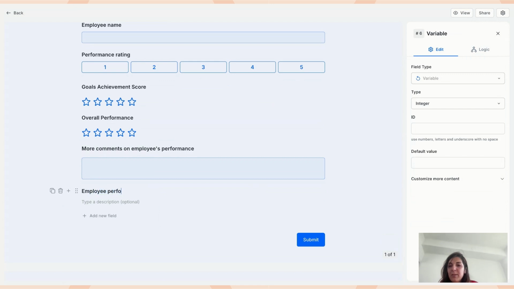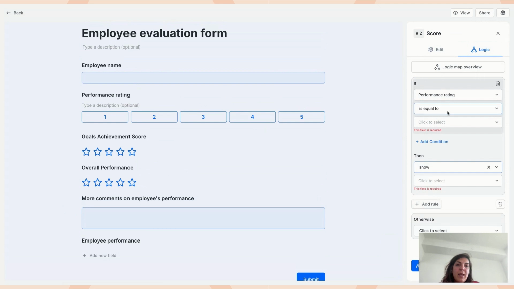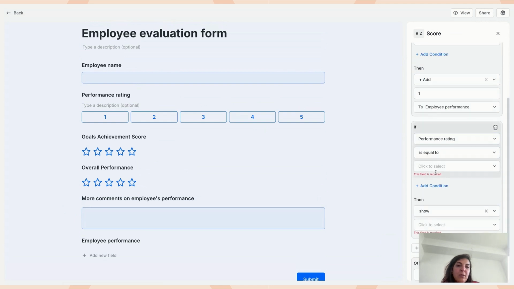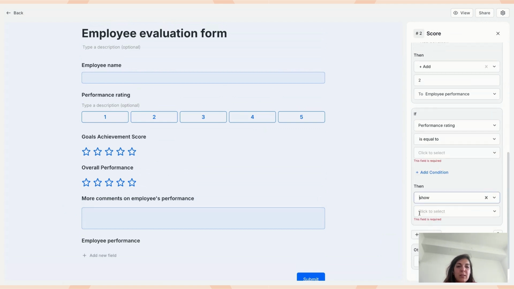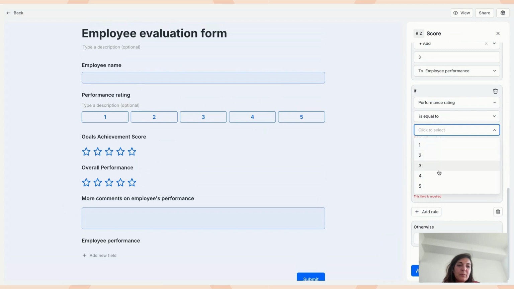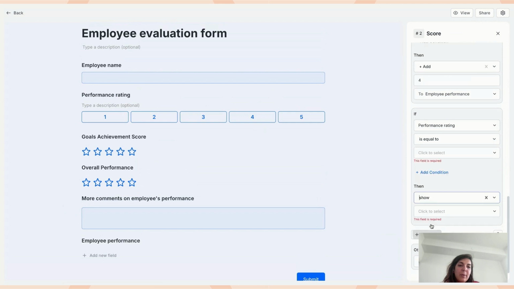Let's say employee performance. So this is the variable for employee performance, and you can show it and you can use it in your logic. Let's say if performance rating is equal to 1, I want to add 1 point to employee performance. And another one for if it was 2, then I want to add 2 points to performance, and so on and so forth. If it was 3, add 3, and 4 and 5. Add 4 to performance and